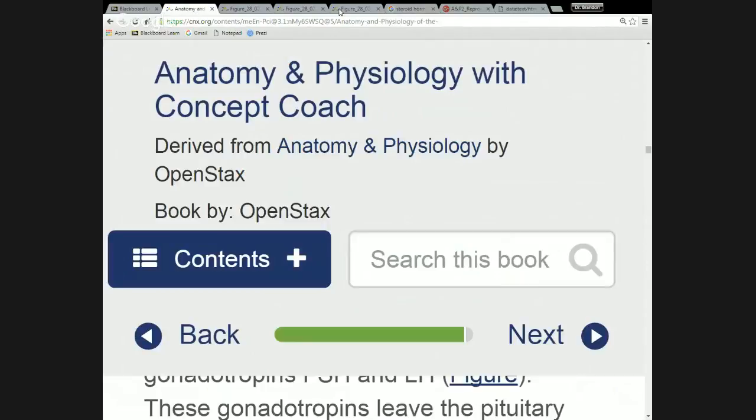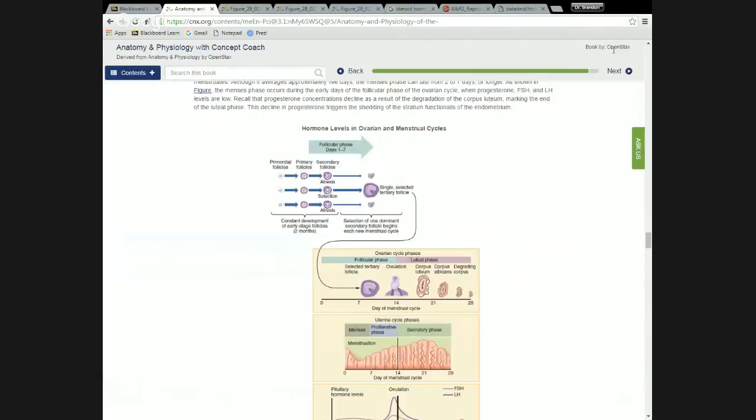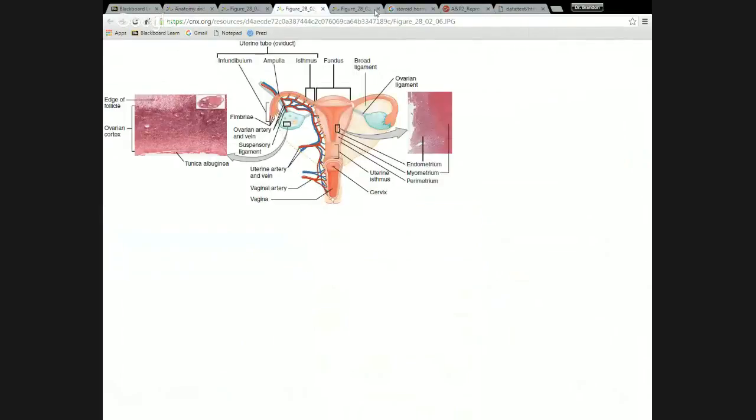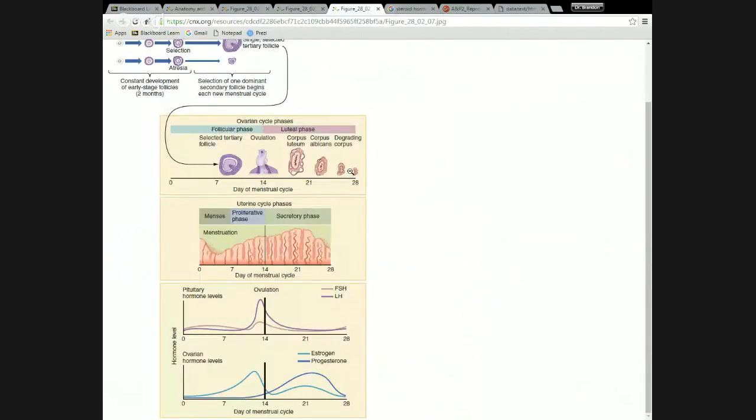Not there. Unzoom. Oh, shoot, I didn't want to unzoom. That would be here. So,